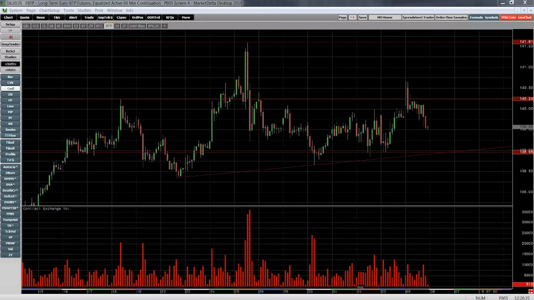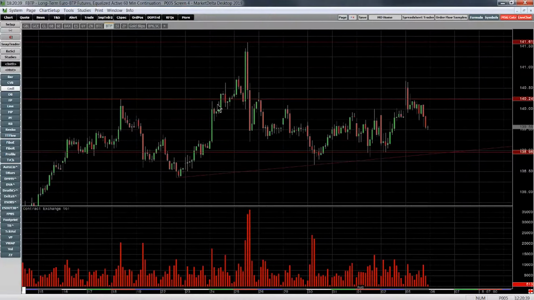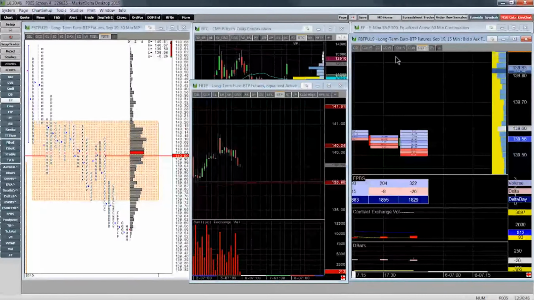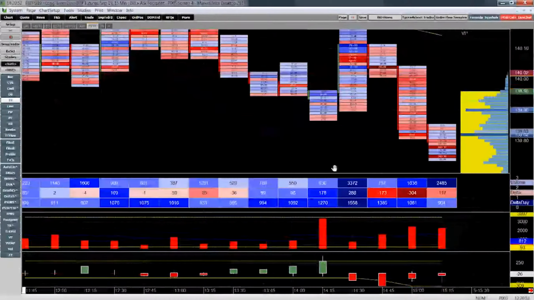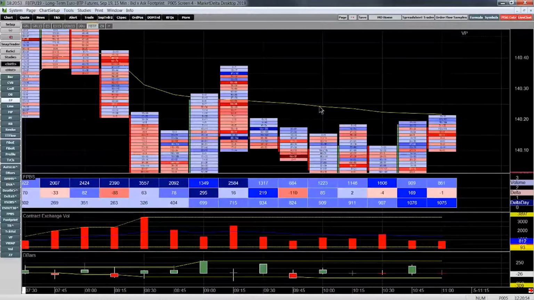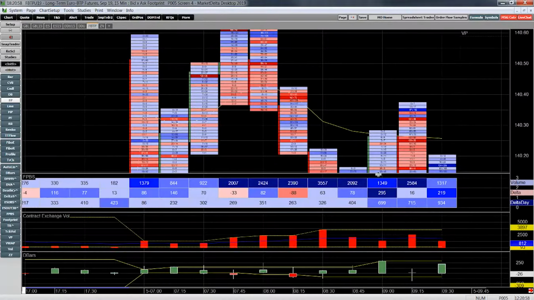So in order to do that, I have to get a 15-minute footprint chart up. The market you're looking at here, by the way, is the BTPs, which is the Italian bond market, and I'm going to show you what the footprint looks like in the BTPs. The reason I use the footprint is because it tells me exactly what kind of interaction is occurring at each price point.